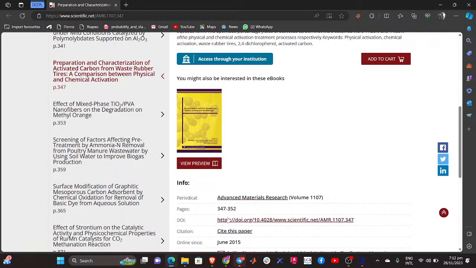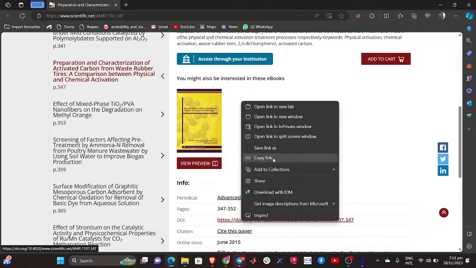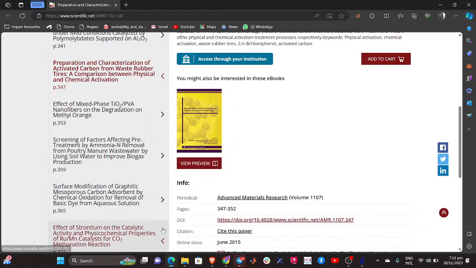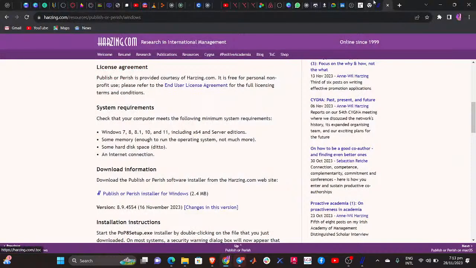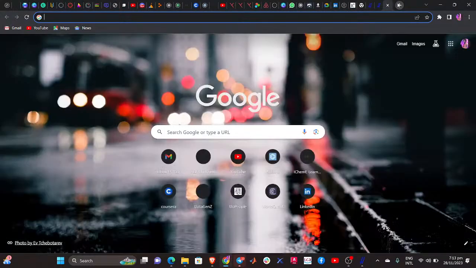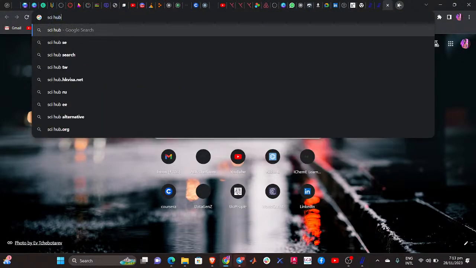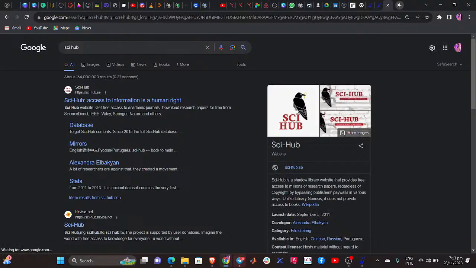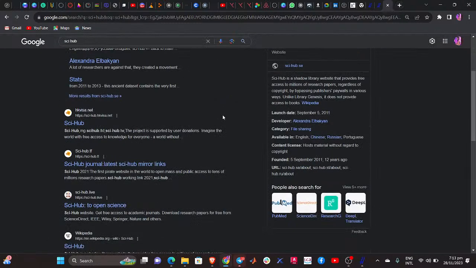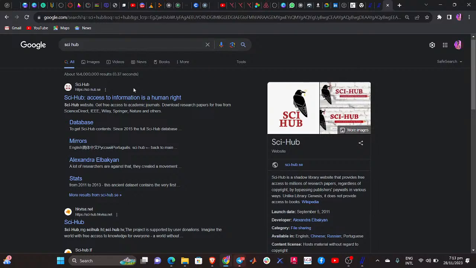Okay, so look at this information right here, the DOI number. Always look for it. We are going to copy this one, paste it somewhere, and you'll be able to access the same article for free. All right, so let's see how it works. I'll just right click on this and copy the link. Then there's a website I want to open with Chrome. There's a certain website, Sci-Hub. Just search it on Google, Sci-Hub, so that you don't miss the extensions. Now this is the particular Sci-Hub. It's actually Sci-Hub